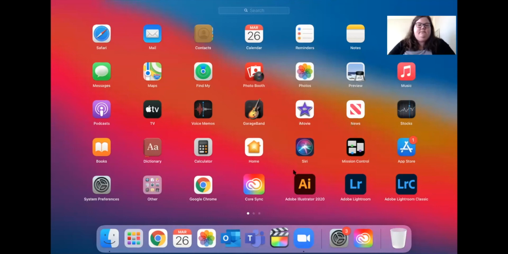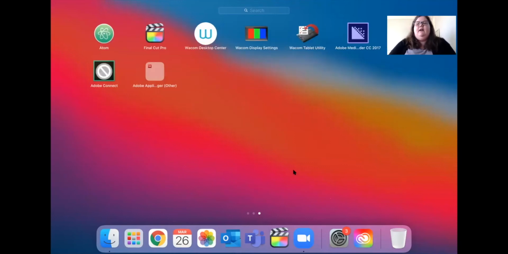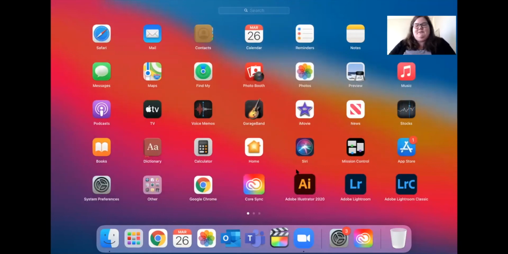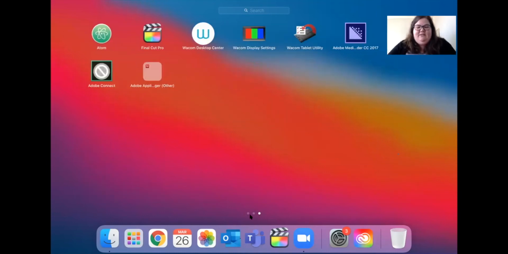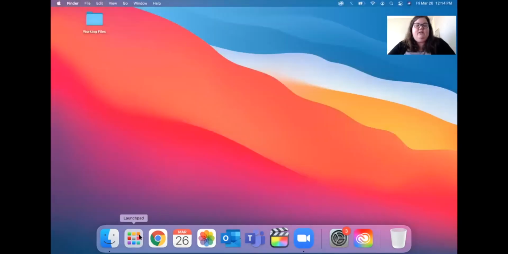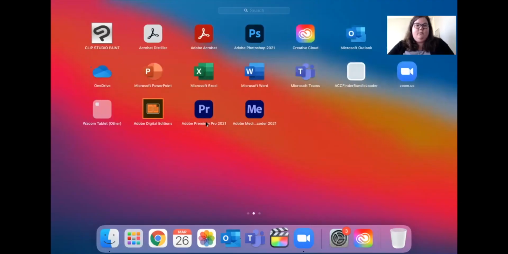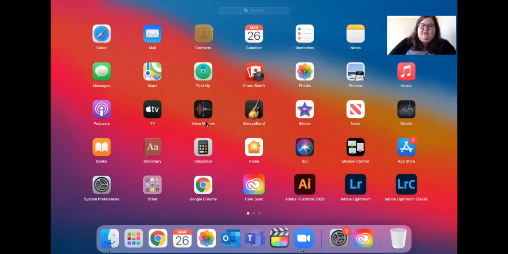So you can either, with your trackpad, swipe over to go see more apps. Or if you're not super comfortable with swiping yet, there's also the arrows on your keyboard. I think will eventually get you over there if you thumb through everything. Oh, I lied to you. That won't do it. You can also click on these dots down here, and that'll navigate you to the different pages. And in your Launchpad, you can also reorder stuff how you want it. I don't go to the Launchpad a whole lot